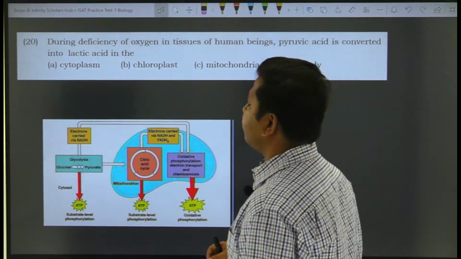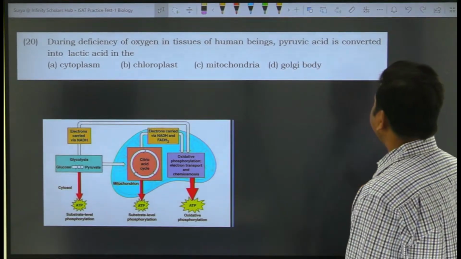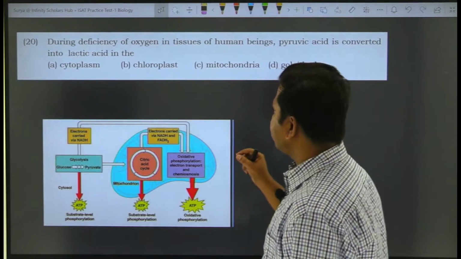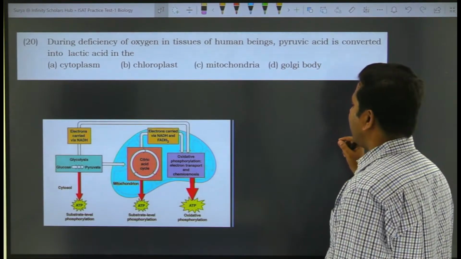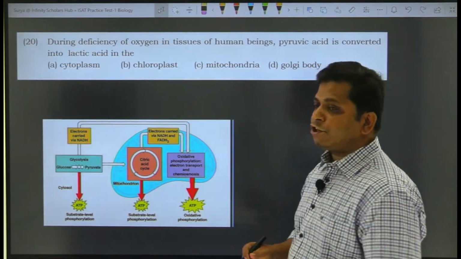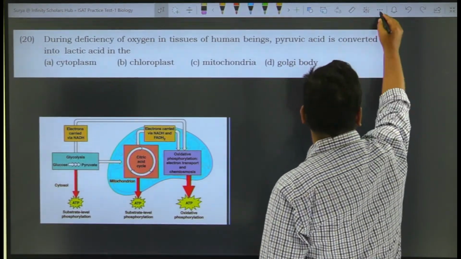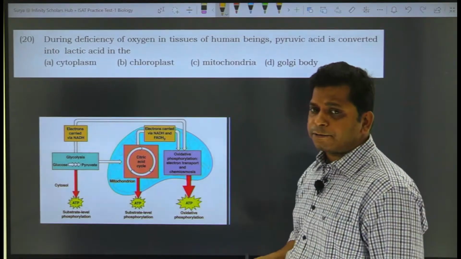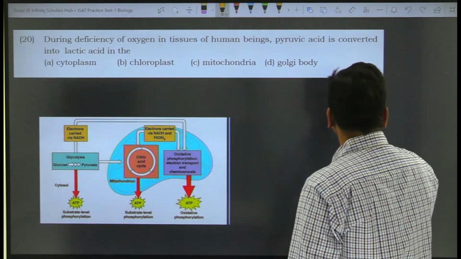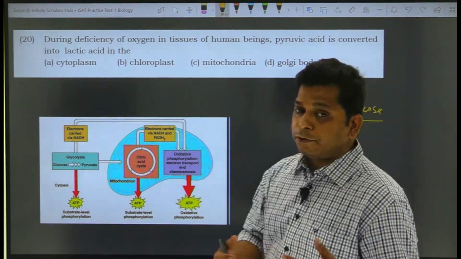During deficiency of oxygen, in tissues of human beings, pyruvic acid is converted into lactic acid in the cytoplasm, chloroplast, mitochondria or Golgi body, okay. We know that the respiratory substrate in human beings is glucose, primarily glucose. There can be some other molecules which can be respiratory substrate, but primarily it is glucose. If you remember, you can recall now